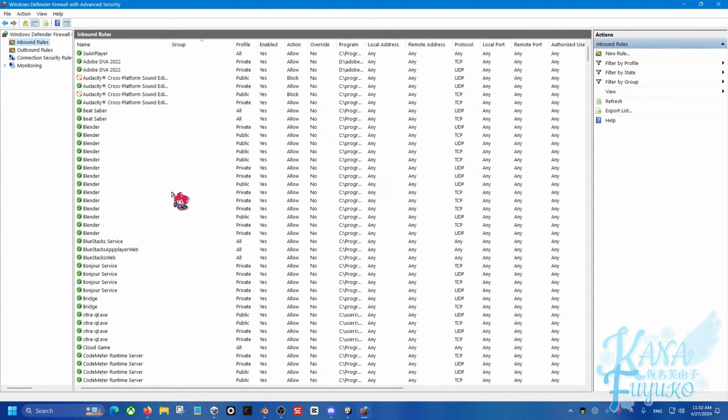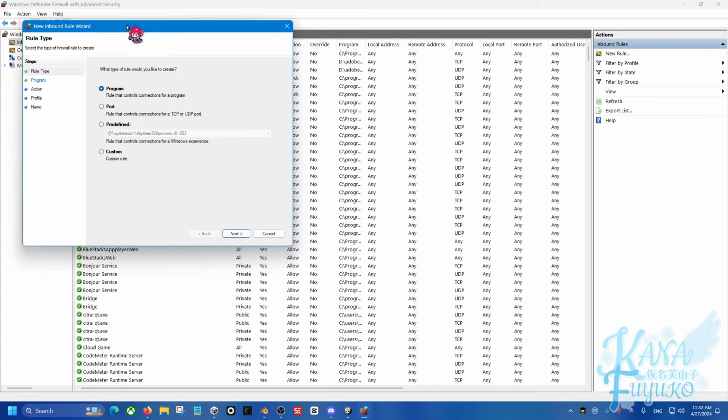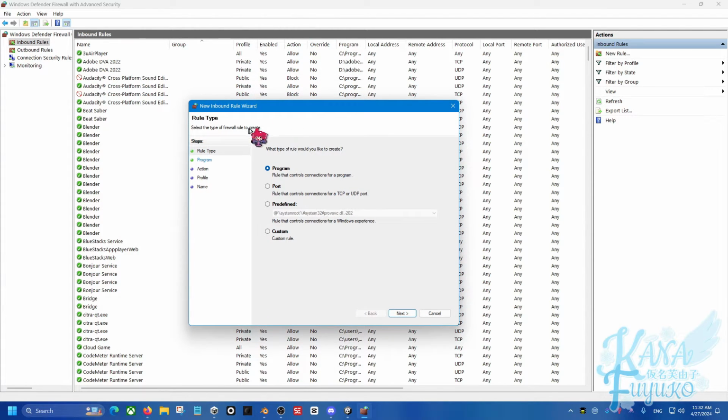And what we're going to do is we're going to go here and add a new rule. And then a window should pop up for a little wizard. So here we're going to say that it's going to be a program. You could, of course, for advanced users, depending on what you're doing, add a TCP or UDP port if you're going to use those things, but we're going to focus on just program, and we're going to press on